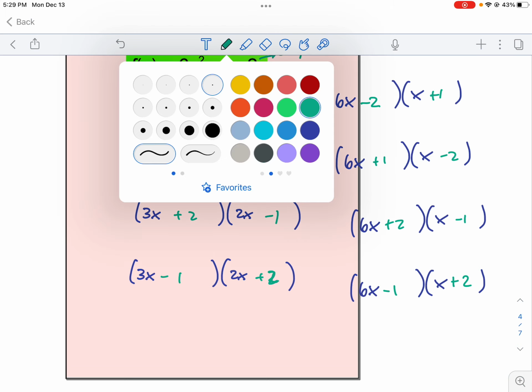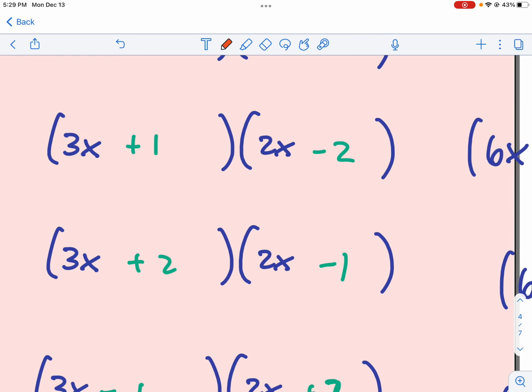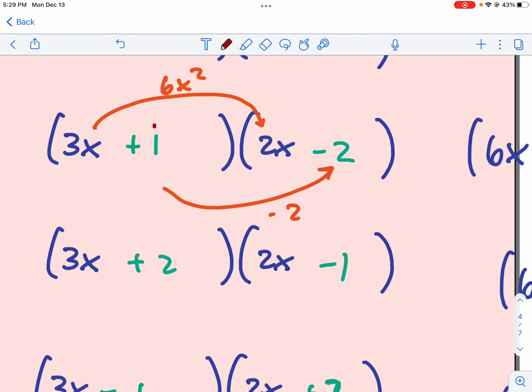What we need to figure out is which of these 8 combinations is going to give me negative 1x when I FOIL it out. So let's look at our left side. If we look at this guy here, there's my 6x squared. There's my negative 2. And if I look at the rest here,